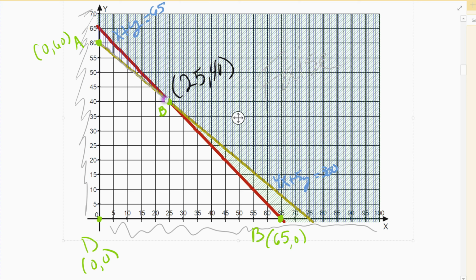It's kind of triangular. I can't draw a straight line today, apparently. But it's this open spot here, everything here. And I've already marked off the corner points. My corner point A was up here at 0, 60. My corner point B is where the two lines intersect, and that's at the point 25, 40. My corner point C here is at 65, 0, and then there is this corner point at the origin,